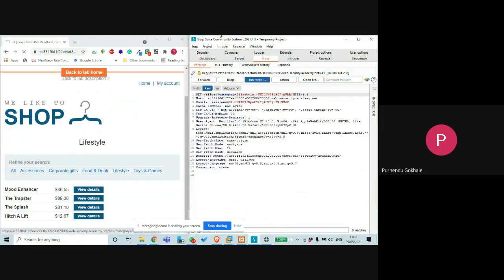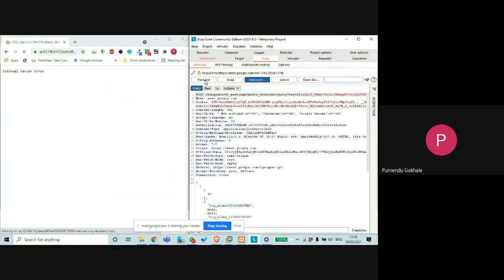I have added one null here, checking whether there is one column or not. If I forward this request, I'm seeing an internal server error.